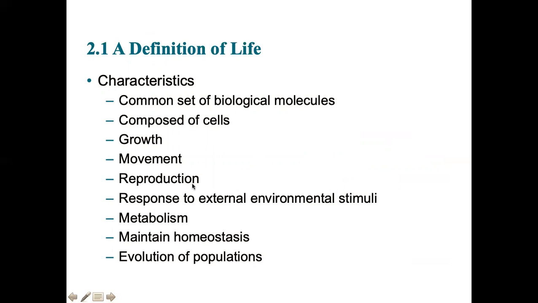It actually makes us replicate for it. It can't respond to the external environment, which is good. That means we can kill it. It doesn't have metabolism, which is why it needs our cells to replicate it. It can't maintain homeostasis. Homeostasis is a term that we're going to learn. And then it can evolve. Actually, viruses can, as you know, because variants are coming out of the coronavirus.